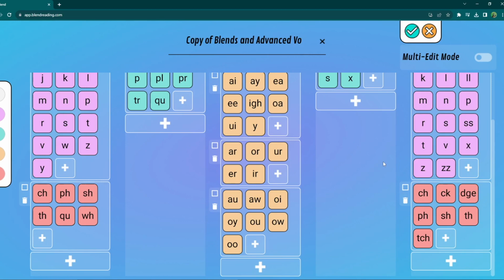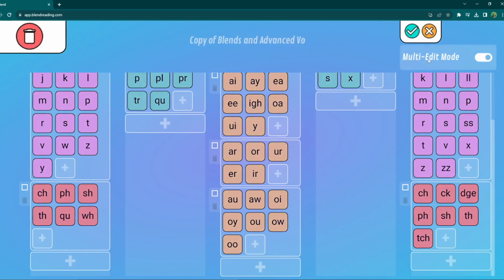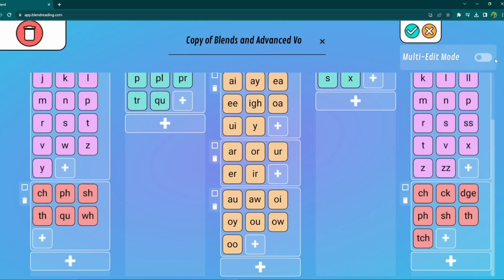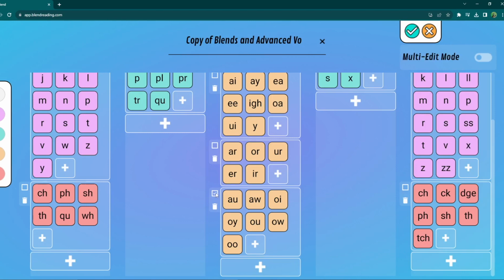You can do so by entering multi-edit mode at the top right-hand corner of your screen, and you'll see all the cards get darkened, and once you start selecting things, they'll get highlighted to show your selections. You can also exit multi-edit mode with the same toggle, and another way to enter multi-edit mode is by simply